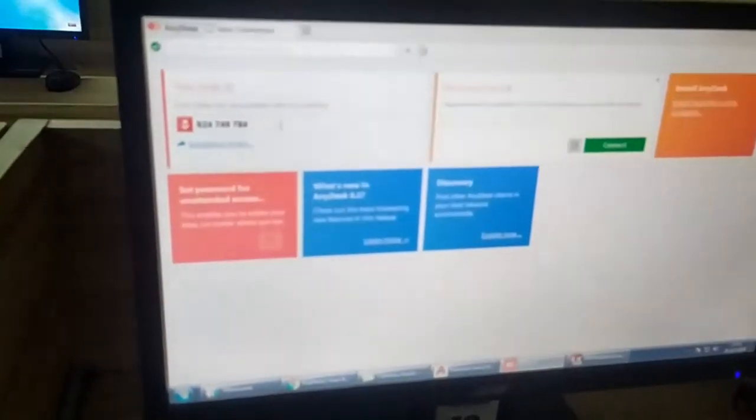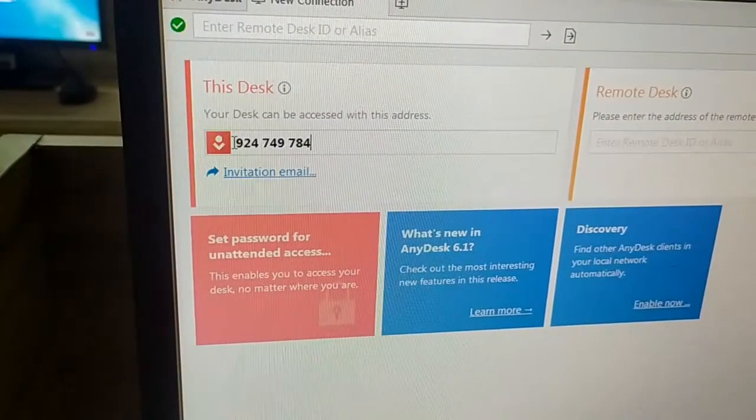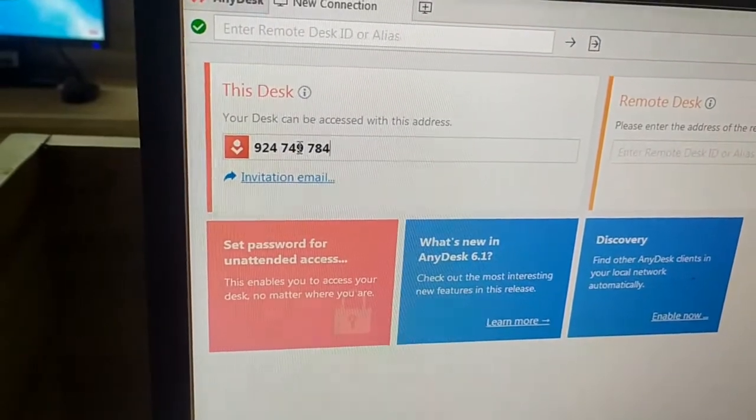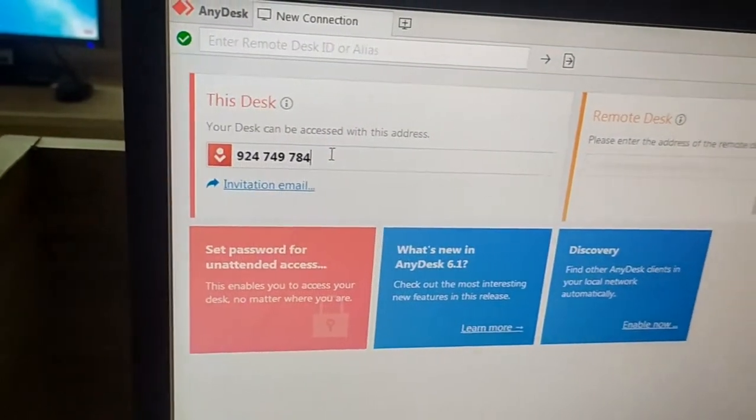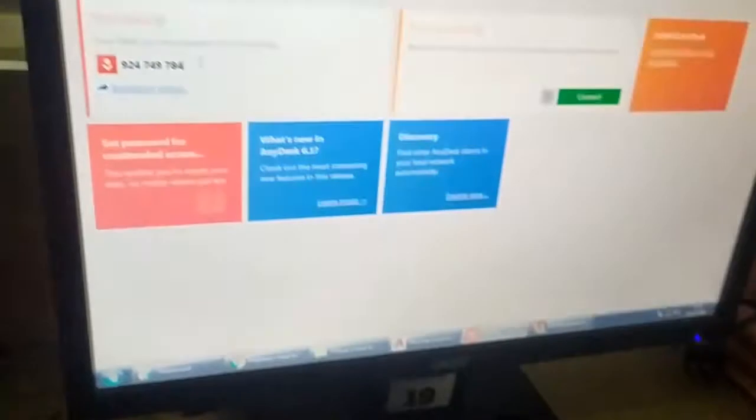Once downloaded, you can start the installation, and after installation this window will open up showing the AnyDesk address. This address needs to be given to the student. This same address needs to be fed by the student in his mobile.